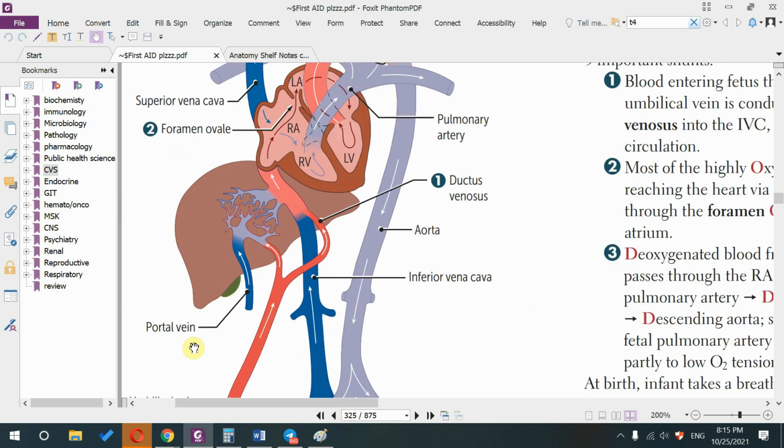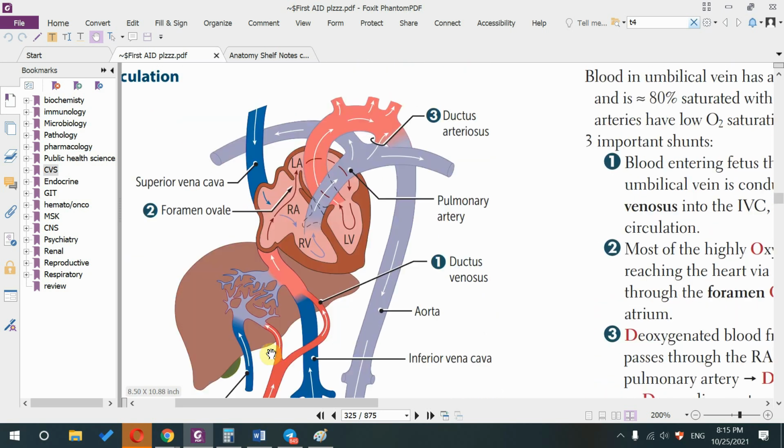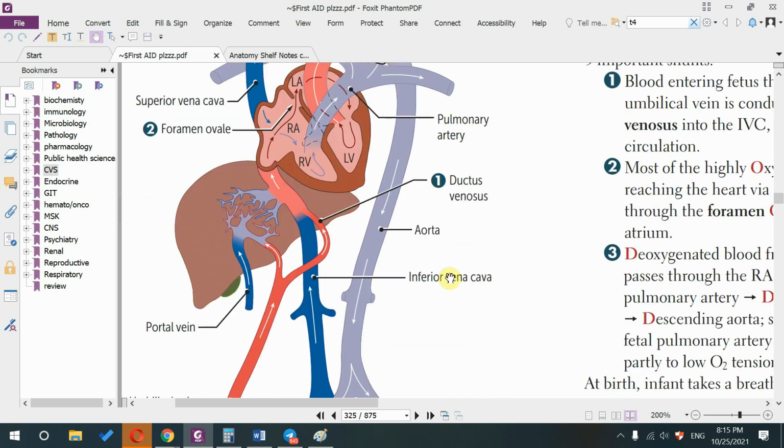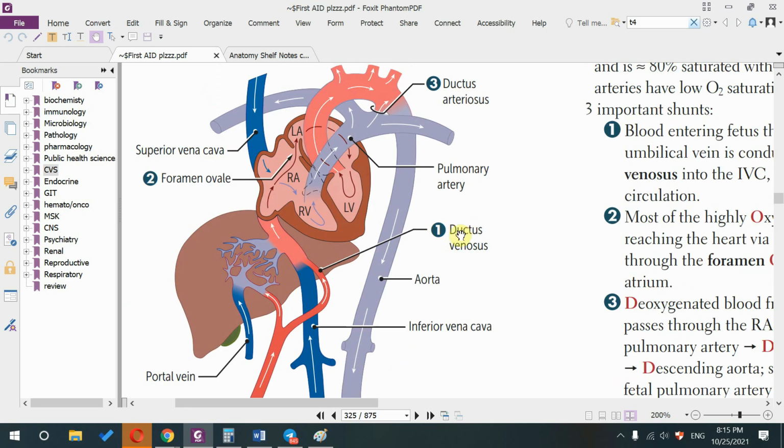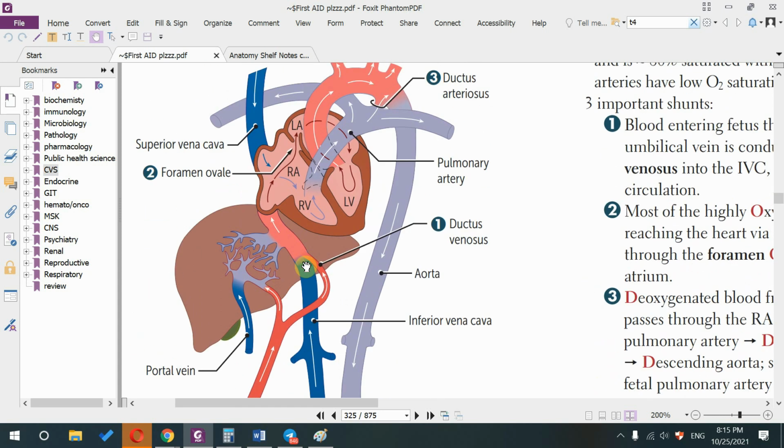One portion goes to the portal vein and one portion bypasses the liver. If they ask you what bypasses the liver, it's the ductus. It comes from the vein, so it's the ductus venosum, okay? Why venosum? It comes out from the vein. It's important during the embryological period, and when we get born, it will transform into something else that we'll say in a moment. So this collateral will move the blood from your umbilical vein up to your inferior vena